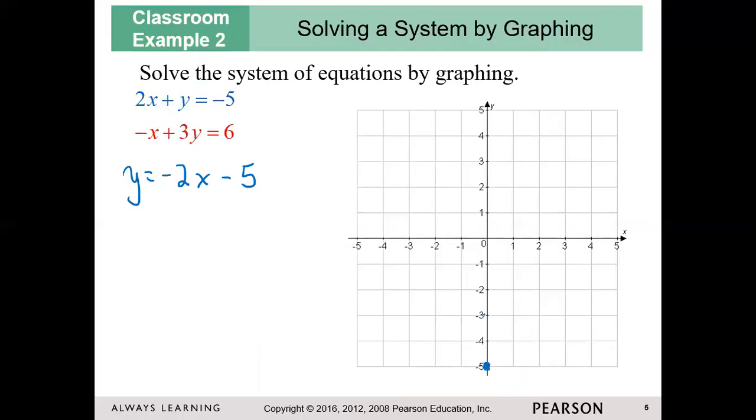So I'm going to go up 2 and to the left 1, still representing my negative slope. It's still going down from left to right. And I'm just going to put in a couple of additional points in here as well, because again, I'm going to be looking for a point of intersection. So the more points that I have, the more accurate my picture is going to be. So I just continued my rate of change, that slope, so that way I have all of these points here being represented. Okay, so now I'll go to the red one